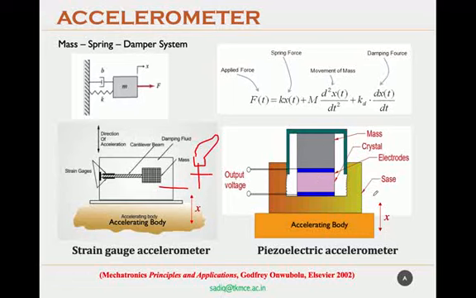Take the case where the accelerometer is moving in the upward direction. When it is moving upward, this mass will experience a downward reaction force. That downward reaction will act with more force on this piezoelectric crystal. The crystal will develop charge, and you eventually get an output voltage on the circuit. The output voltage is a reflection of the mass, the force applied by the mass on the crystal, and that